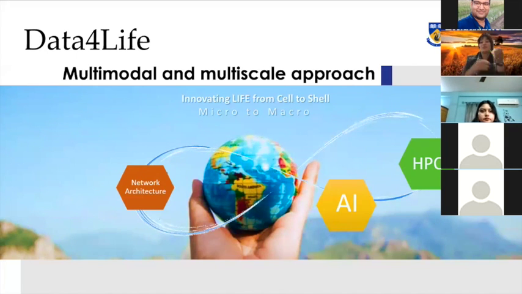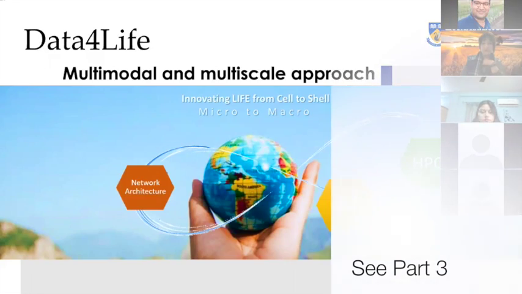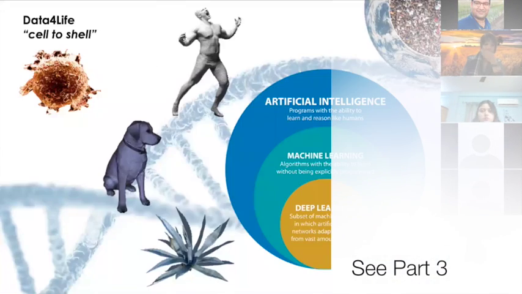You need to switch across micro and macro levels really readily and fast. For that, you do require a lot of network architecture and infrastructure, in terms of high performance computing, AI, machine learning, all these things these days. And they go across different disciplines really well. And I would say that